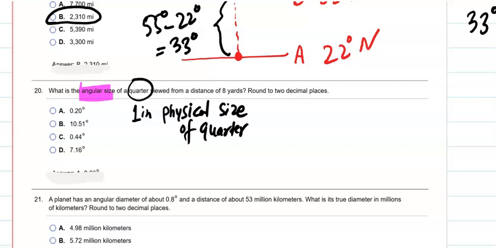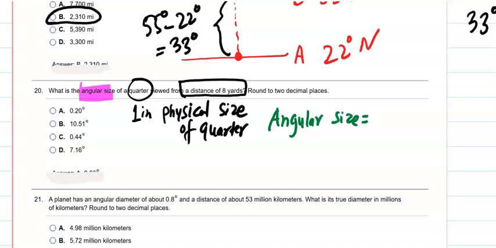So you're looking for the angular size of the quarter. If you view it from a distance of 8 yards, what is the quarter's angular size? You have to round your answer to decimal places. There is a formula for that, so again, you refer to the formula chart. Angular size